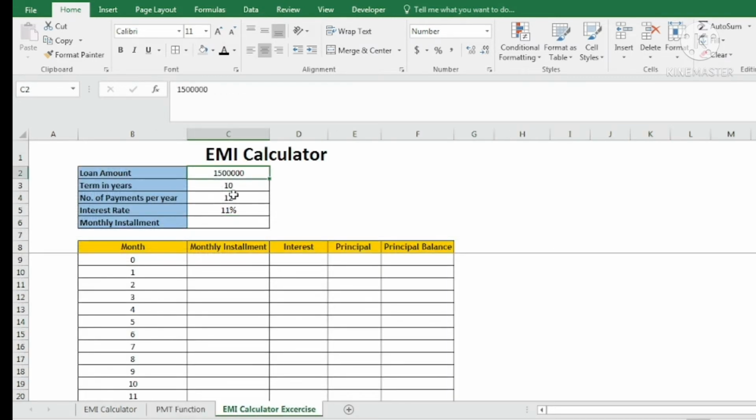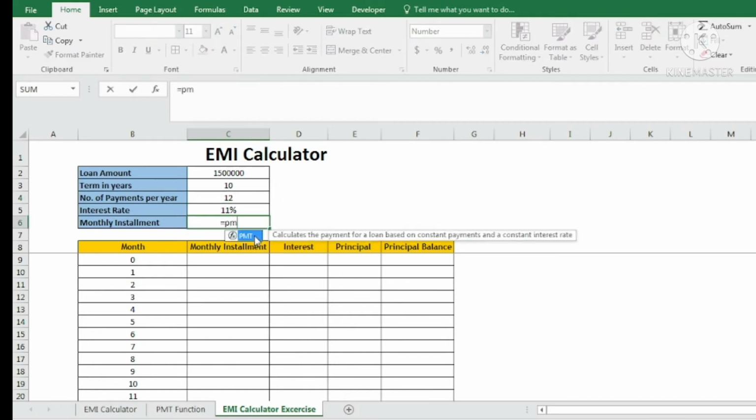So here I have already put the loan amount. For example, I have taken the years as 10. Obviously the number of payments in a year is 12 because I am going to calculate only monthly. Interest rate I have taken as 11% for now. So for monthly payment, equal to PMT, tab, interest rate is 11%. Now 11% divided by 12, because it's a monthly installment, that is the reason we are putting 12, comma,